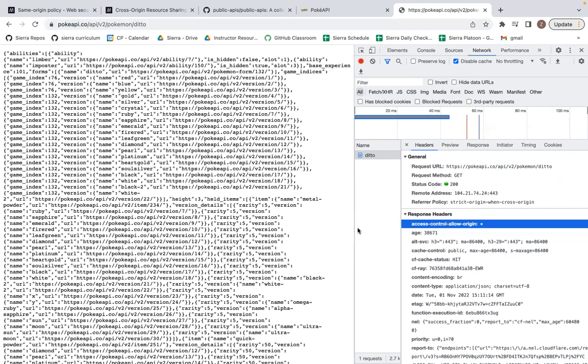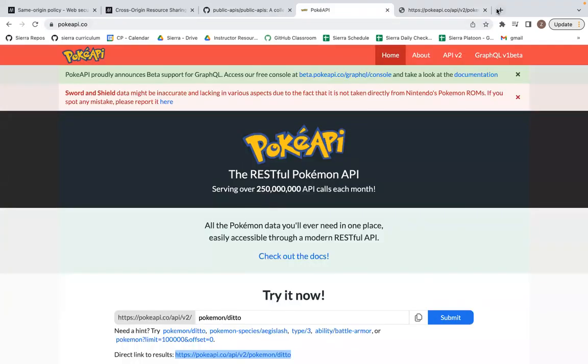A lot of APIs do not want this to be allowed for anyone because it's possibly a security risk. So it's usually not there. So if I choose a different API, so today we're gonna use